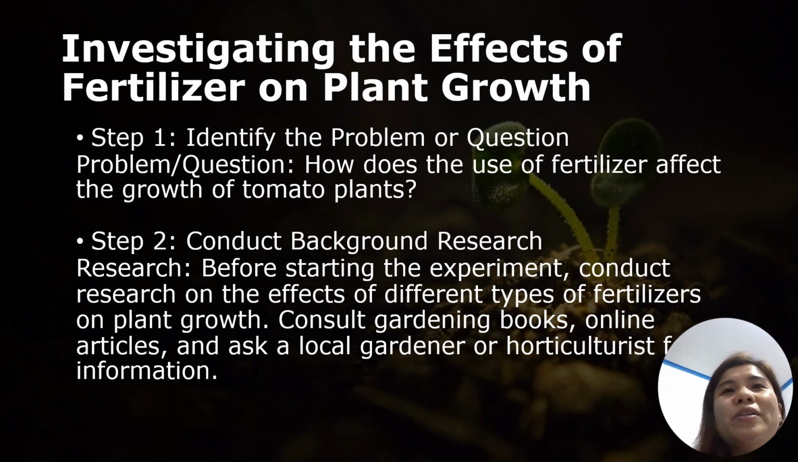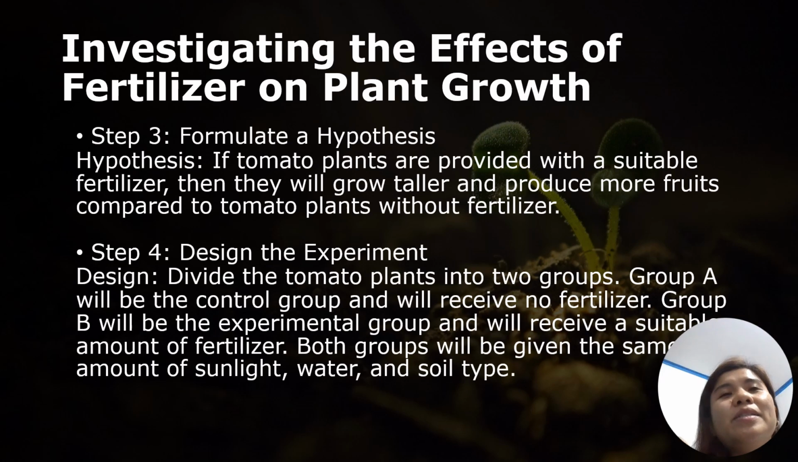So before starting the experiment, of course, you do your research. Conduct research on the effects of different types of fertilizers on plant growth. So consult gardening books, online articles, and ask a local gardener or horticulturist for more information. No? Then step 3,